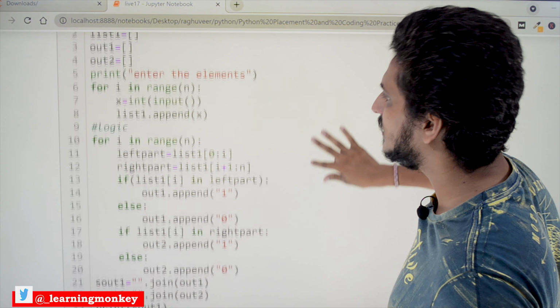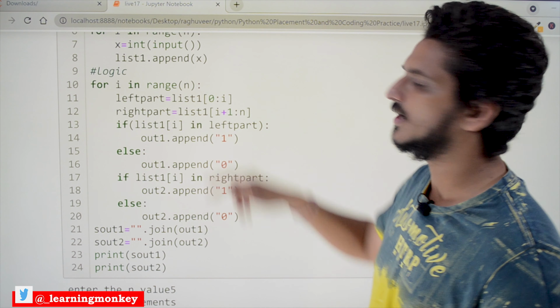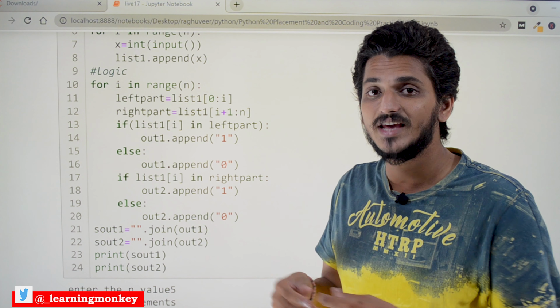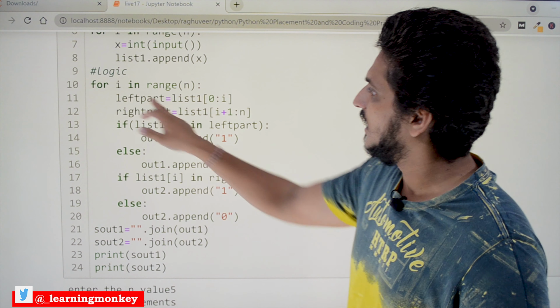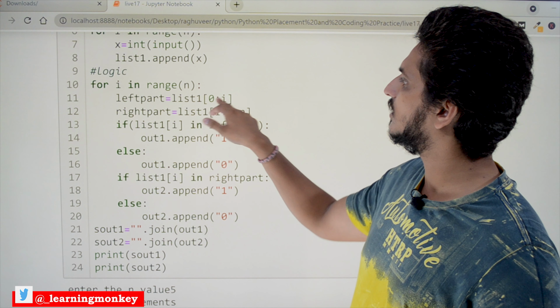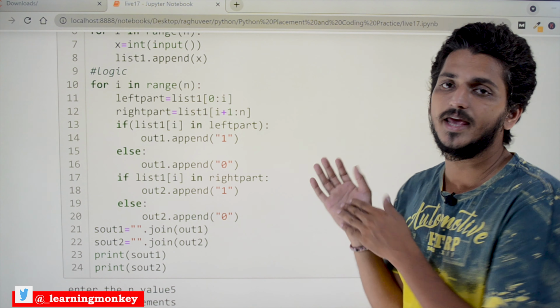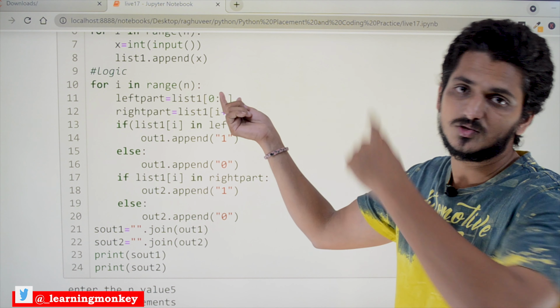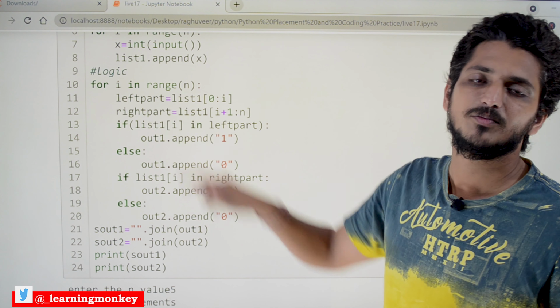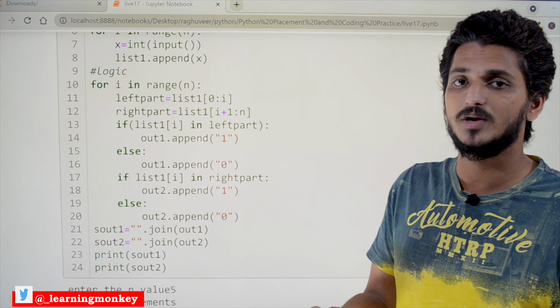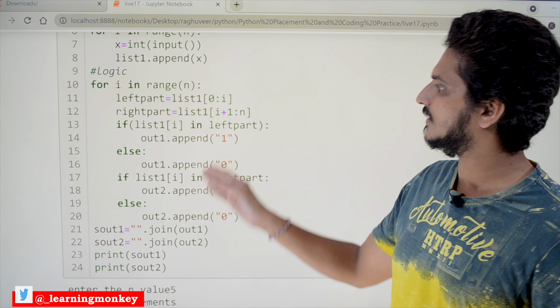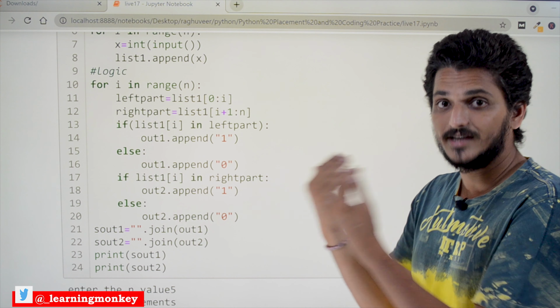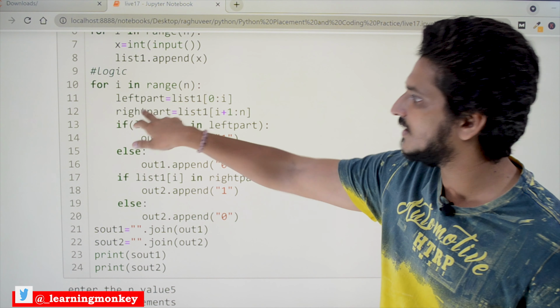Coming to the logic part, for i in range of n, we move through each and every element in the list. The left part is equal to list1 of 0 to i. We slice the actual list and place it in the left part variable. And for the right part, we slice the right sub part and place it in the right variable.